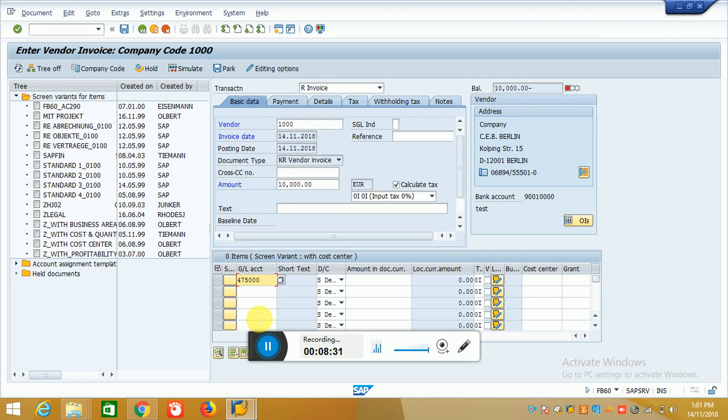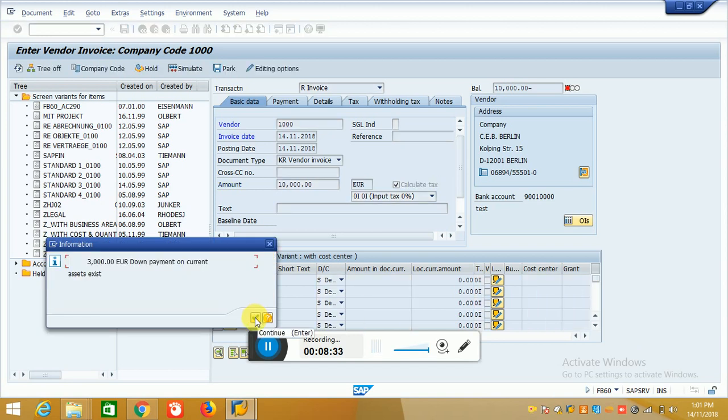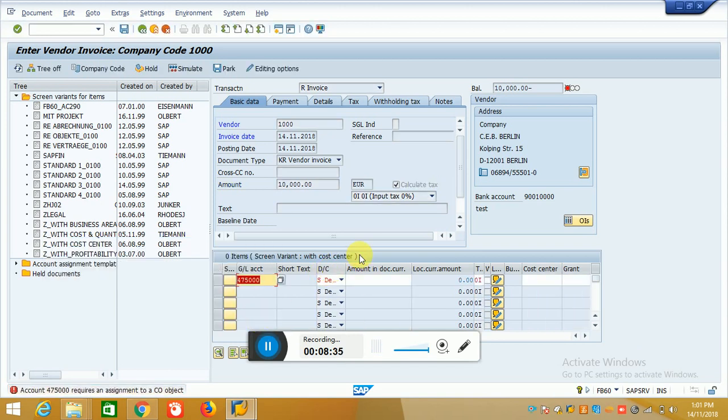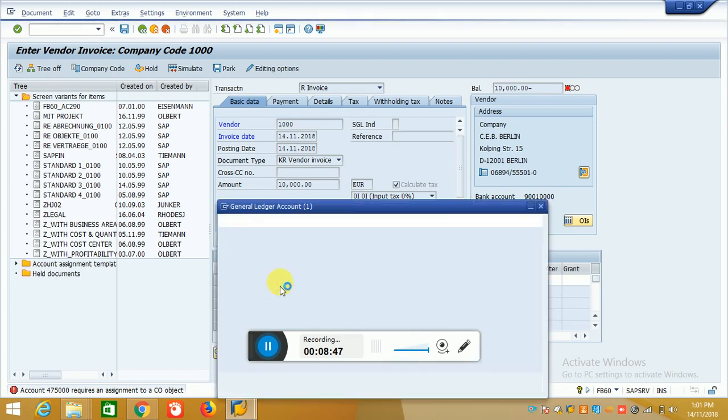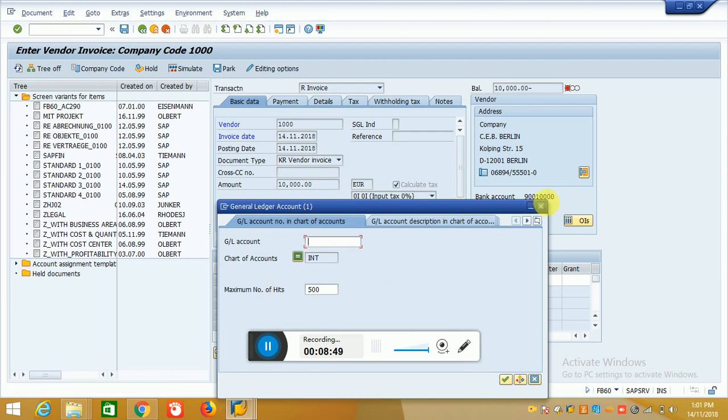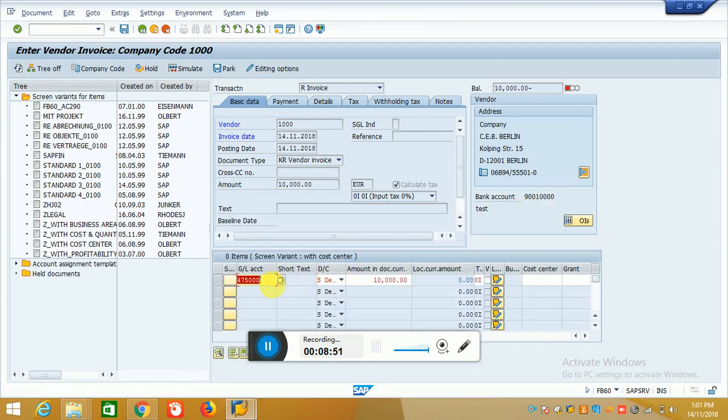Sorry, it is 417,000. So with 417,000 we have linked our vendor with the purchase details. As you can see, the balance is also green. So we now can save the document. For saving, we will press Ctrl S. Document 836 was posted in company code 1000.